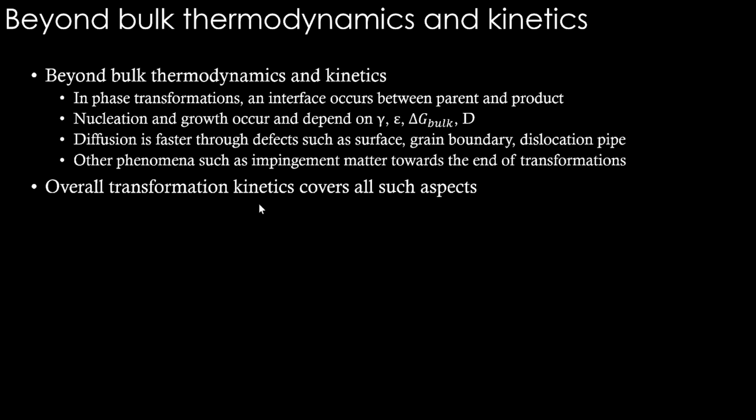So compared to what we have been doing till now, where one interface moves, the interface motion is not a problem at all. Therefore, the diffusion is the only thing that controls an interface movement. Now, after this class, you can sense that the interface need not be moving at infinite speed every time. If the interface has so many problems, then interface growth itself can control the process. Diffusion is definitely a problem. Diffusion should happen for the transformation to complete. On top of that, this interfacial phenomena can also play a role. If it plays a more dominant role than the diffusion, then we call the entire process an interface controlled one, not the diffusion controlled one. Okay. So these aspects are important when we are talking about overall transformation kinetics.